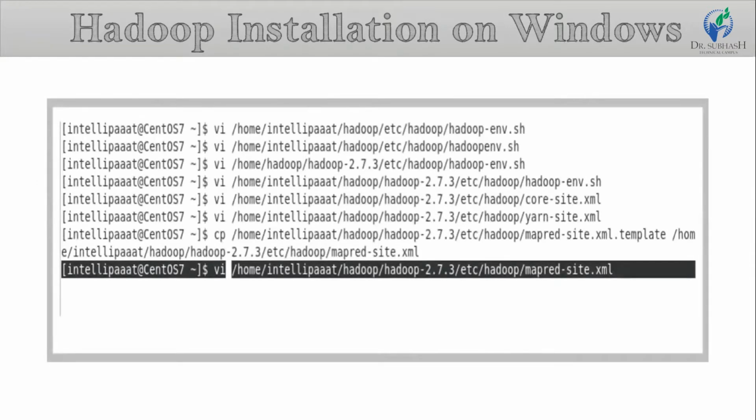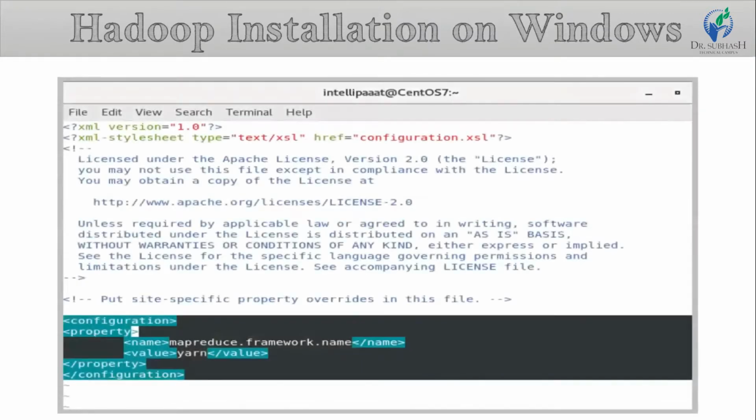After completing that, use the highlighted command and configuration. Now, in the new window, enter the highlighted command in between the configuration tag. After that, exit using escape and the command wq.